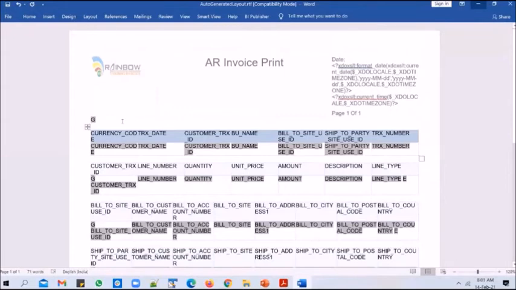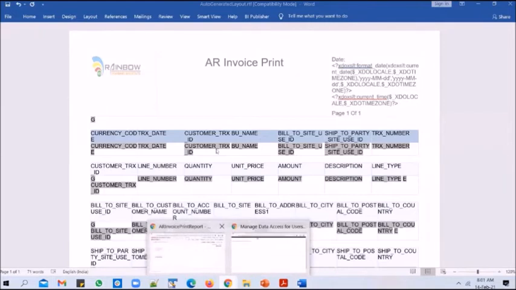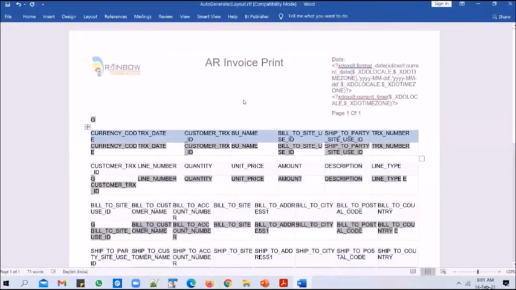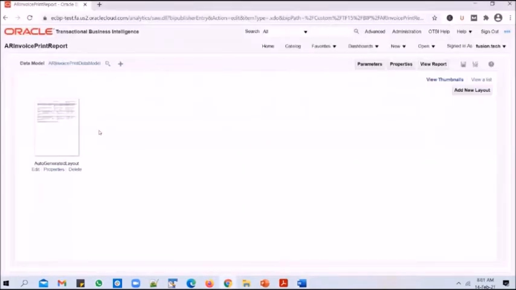there's one thing that you can do. As you make the changes in the layout, there are 2 ways you can see the updated output. One way is you can upload this layout to the report in the BI server, and then use that layout to generate the report output. And you can do this every time you make a change. But that might not be feasible, right? Because every time I make a small change, I want to view the output, and it's unnecessary overhead that I need to upload the RTF layout to here, and then click on view output.